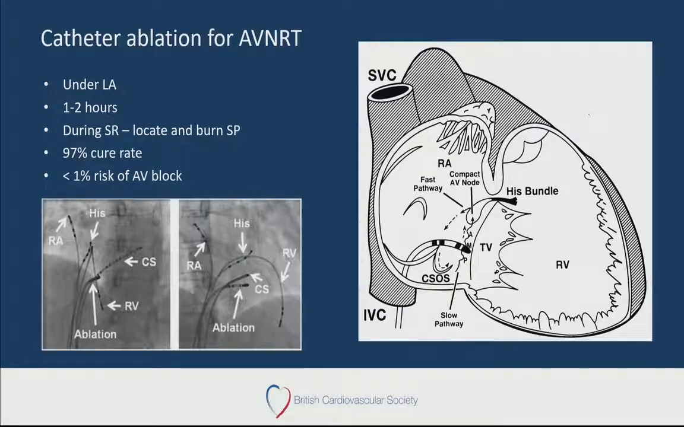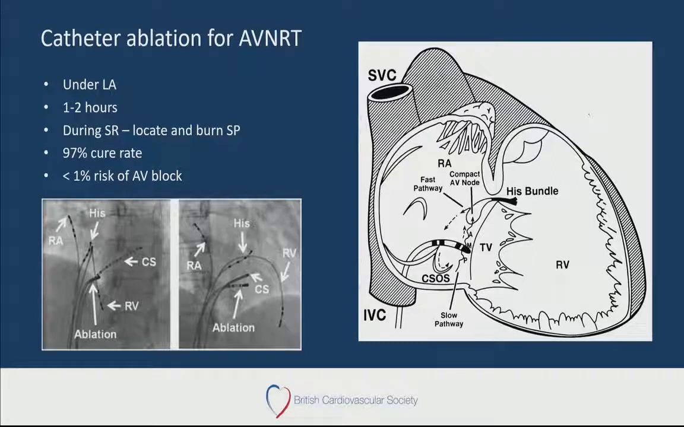It's a local anesthesia procedure, a couple of hours, and what we try and do is, as I mentioned, there are usually two pathways when you have re-entry circuits. You've got two pathways just below the compact AV node. You've got a fast pathway and a slow pathway. And in the beginning, when treatments via catheter ablation were done for AVNRT, people used to burn the fast pathway, but actually this caused a much higher incidence of pacemaker implantation because of damage to the close proximity of the compact AV node. So what we do now is we burn the slow pathway, which is that much further from the compact AV node,